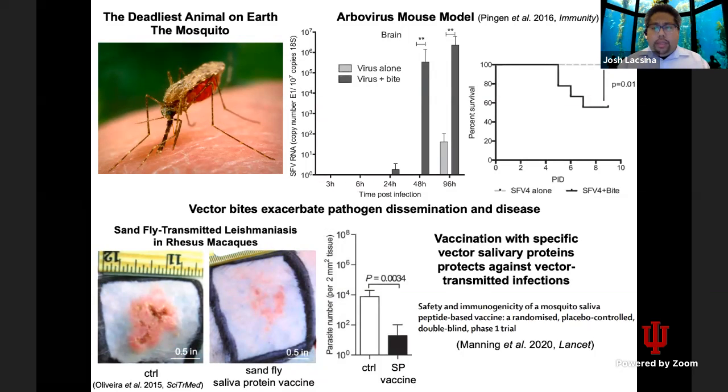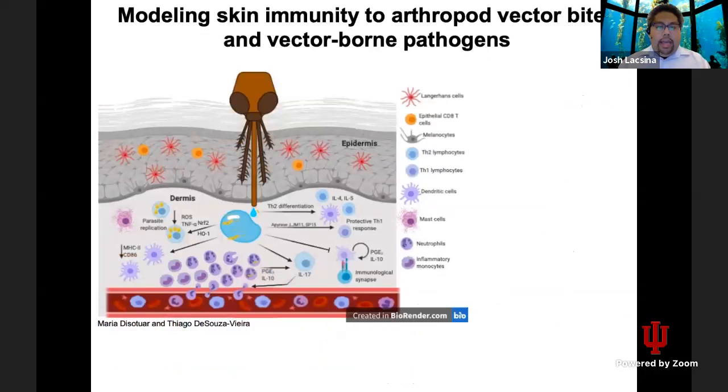So there are a lot of exciting immunologic observations that illustrate the important biology, the importance of the immune response to the vector bite in the skin, and how that influences downstream infection. And so my goal through learning CompuCell 3D and what I'd like to pursue in the hackathon is to be able to look at this complex network of interactions for when the vector bites and instills saliva into the skin, and how that initiates an immune response that can lead either to pathogenesis or, in the case of vaccination, to